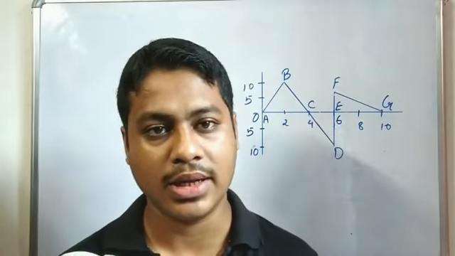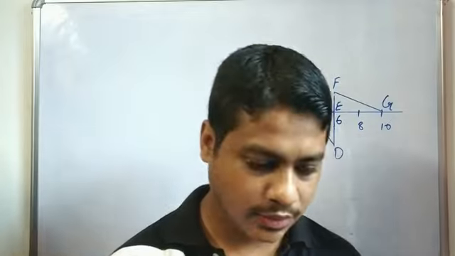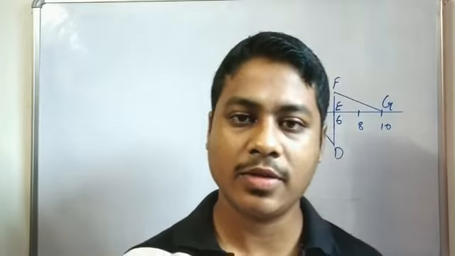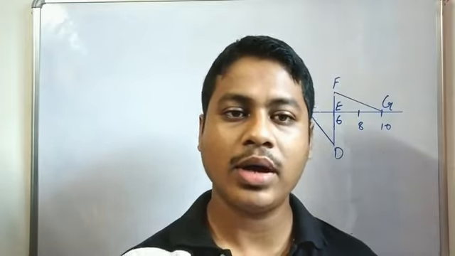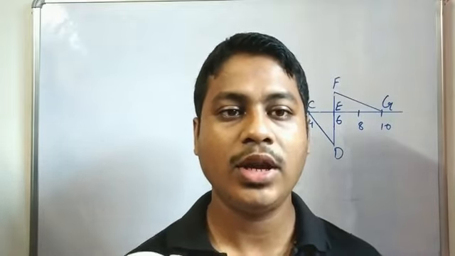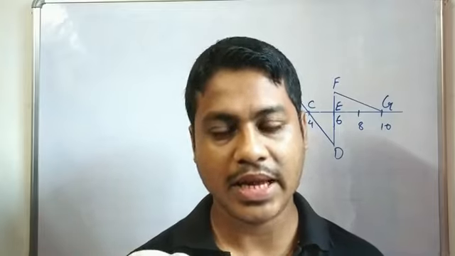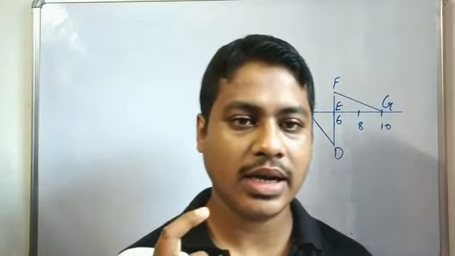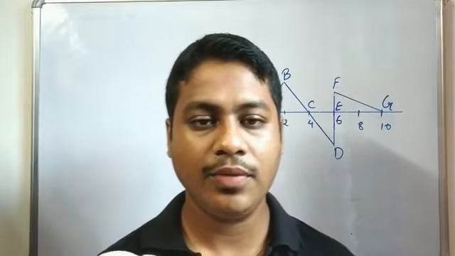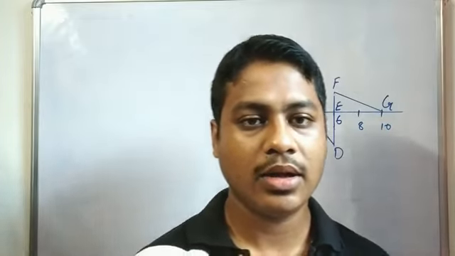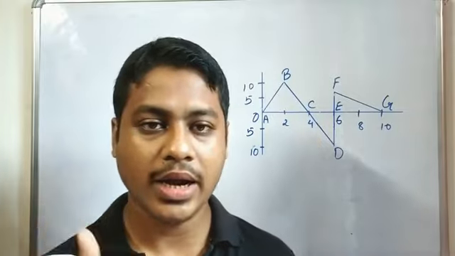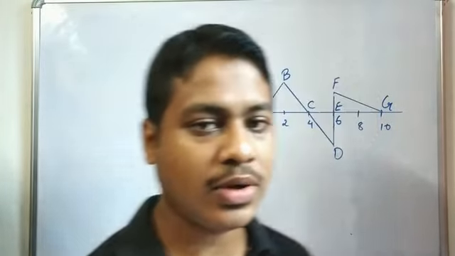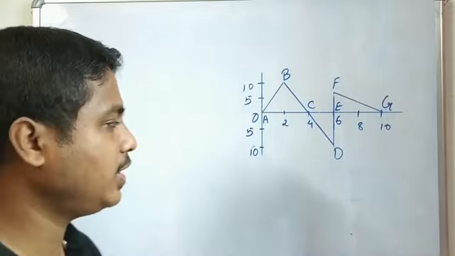calculate the velocity. So we have already found out that if you want to calculate the velocity from the displacement time graph, we need to find out the slope of the graph, that is equal to tan theta. And if you want to calculate the displacement from the velocity time graph, you need to find out the area under the curve. Okay, so in the same way, I have given one question related to the velocity time graph.